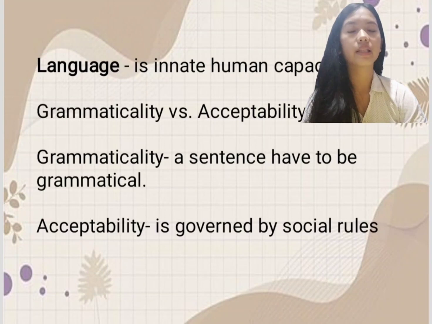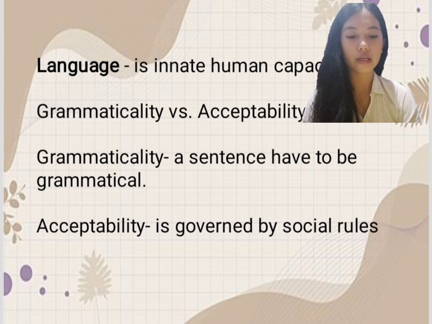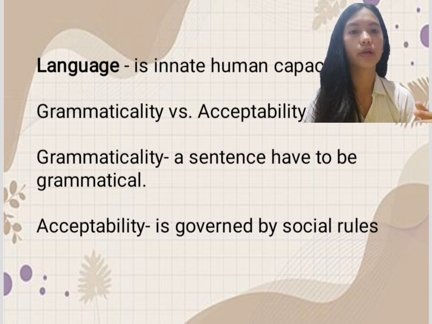Let's look at the first one, the term grammaticality versus acceptability. When we say a sentence has to be grammatical, we primarily refer to the rules of language, that a sentence is possible out of its social context, but it will remain